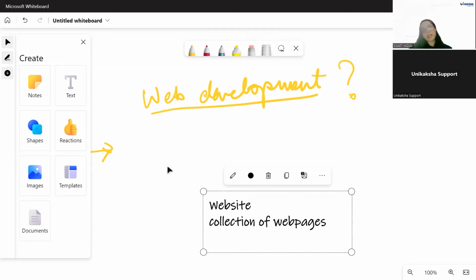Every website on the internet is built with a specific purpose. Let's say you need to get some health information. There is a different website for that. There is a sports website for sports news, let's say, or a blog, you could say. So every website on the internet is built with a specific purpose or goal, right?